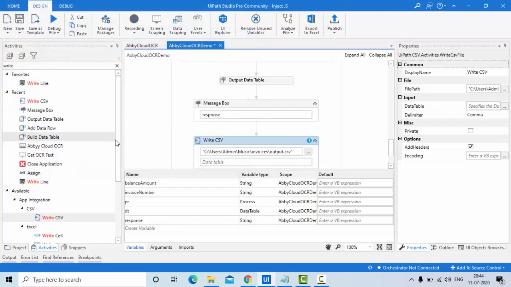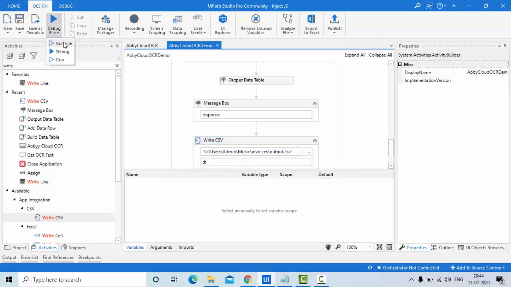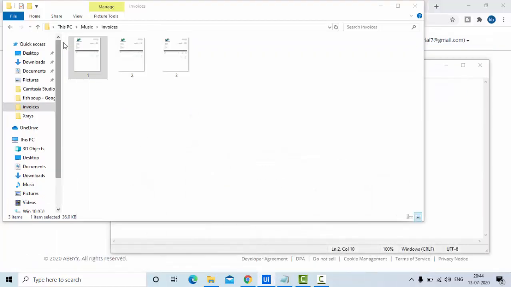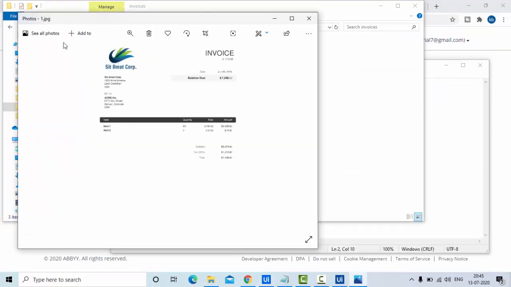Create something like output. Data table is this. Okay, now execute this. Then that file should get created. If you want to write to Excel also you can write. It's pretty straightforward from there on.